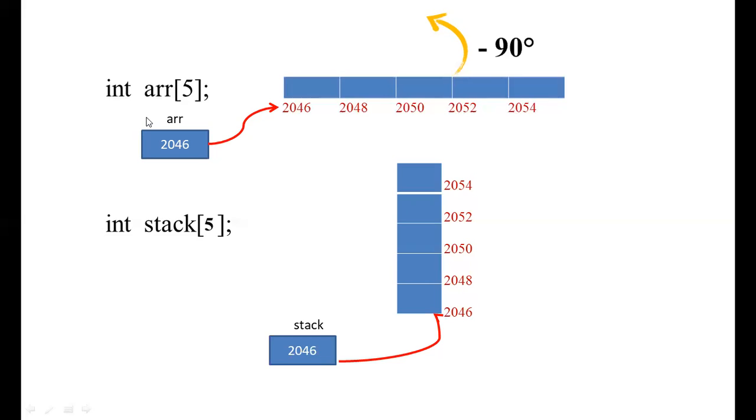Now, let us see what is the use of the calloc function. By using the calloc function, we can allocate the memory dynamically, but with a fixed size, which we cannot change. To change the size of the memory block, that is, to increase or decrease the size of the block, we have to go with the realloc function. Now let us see how to allocate the memory dynamically to a stack.